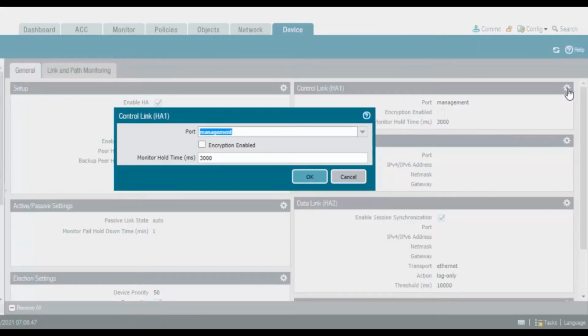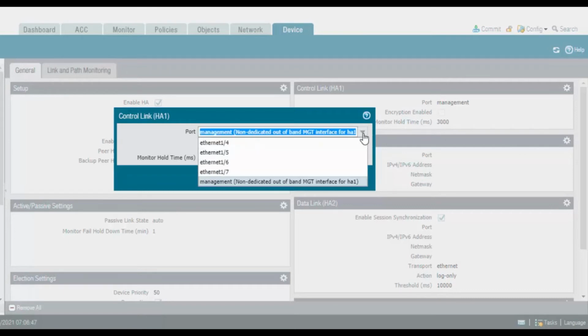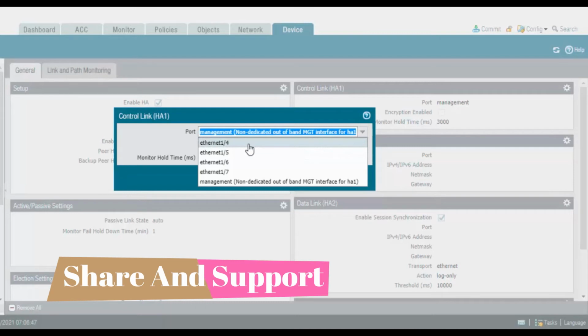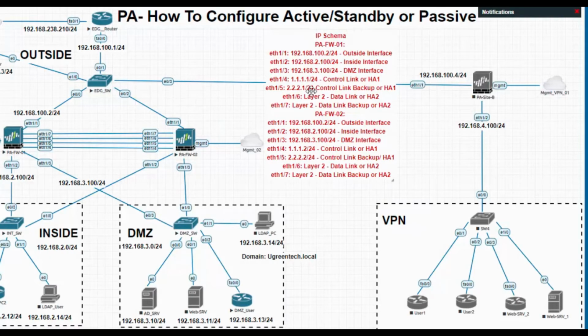Click on that. So for HA1, which port needs to be used for the control link? In my case I have 1/4 and 1/5 for control link and control link backup. So here I have 1/4 as the control link and 1/5 as the control link backup.